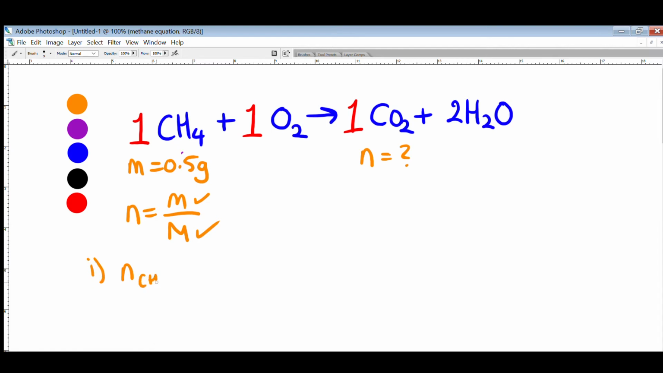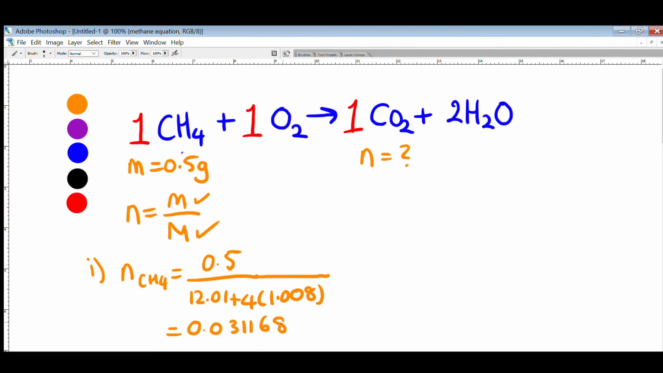The moles of methane is equal to 0.5 divided by 12.01 plus 4 lots of 1.008. So these numbers you can find on your periodic table. And if you plug that into your calculator, you'll get 0.031168 moles. Excellent. So step 2, now that we have the moles, we can use the stoichiometric ratio, which is a 1-to-1 ratio. So therefore, the moles of carbon dioxide will be equal to the moles of the methane, which means it will be